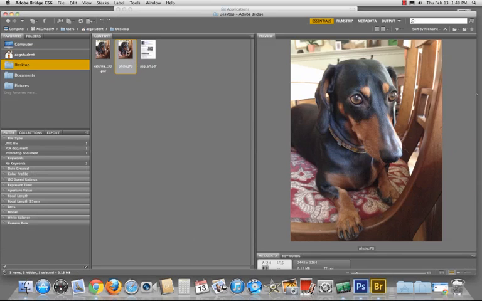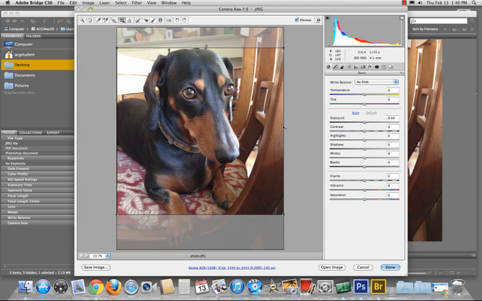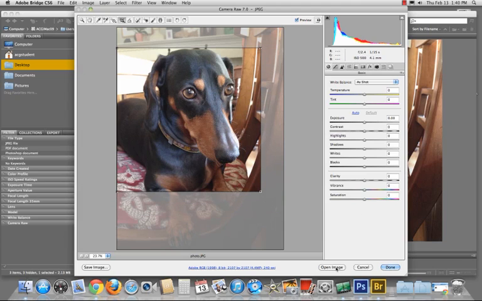And if you open it in Bridge using Camera Raw, which is this little icon right here, it will open in the program that's used for RAW files from digital cameras, but you can also apply a lot of these same exposure, highlights, shadows, lens corrections, and things to a JPEG. You could crop it in here. And if you hit Open Image,